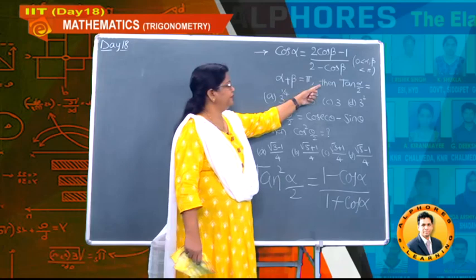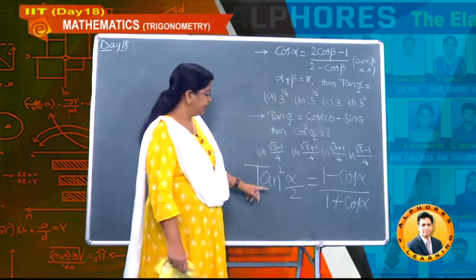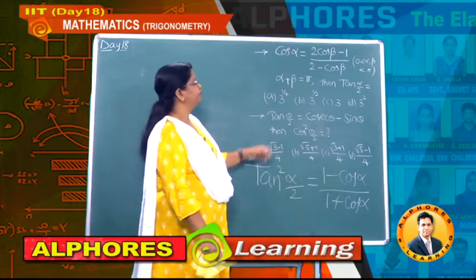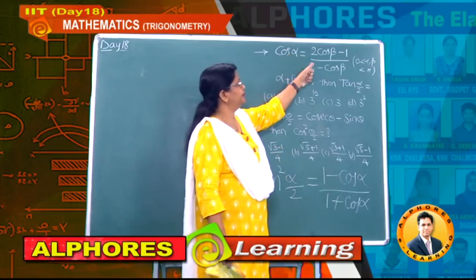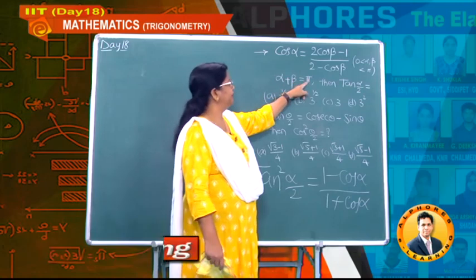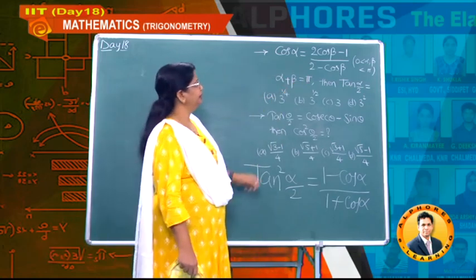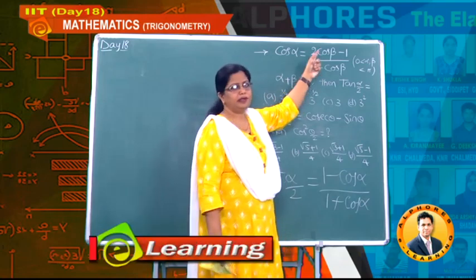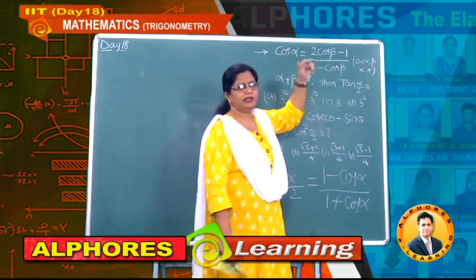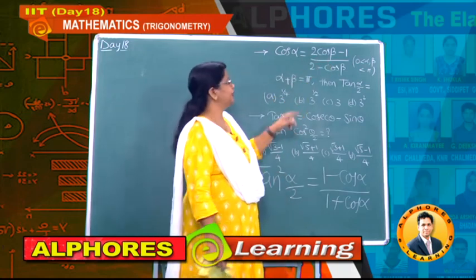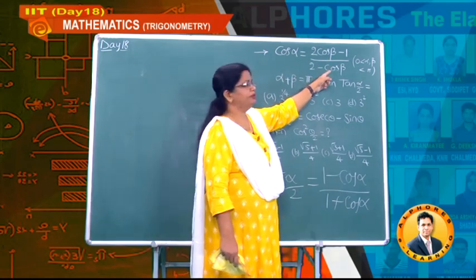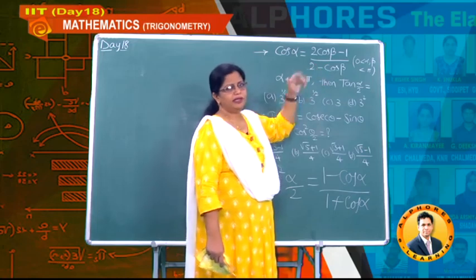And now in this problem, if you start by taking the square, then you will get 1 minus cos alpha by 1 plus cos alpha. But what about this side? The values are given in terms of beta. Now what is beta actually, students? Beta is pi minus alpha. So if I substitute beta itself here as pi minus alpha, then cos of pi minus alpha is nothing but minus cos alpha. So this will become minus 2 cos alpha. And what about here? If you write beta as pi minus alpha, it will become plus cos alpha.